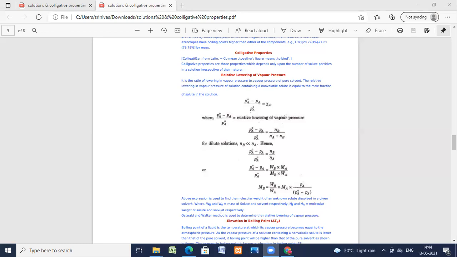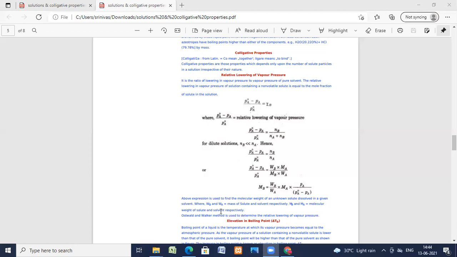So it contains anhydrous calcium chloride or concentrated sulfuric acid. If the solvent used is water, the bulbs containing the solution and the solvent are placed in the thermostat maintained at a particular temperature. Dry air may be passed gradually and ensures the saturation with vapors. So when dry air passes through the solution, it gets saturated with the vapor present over the solution,